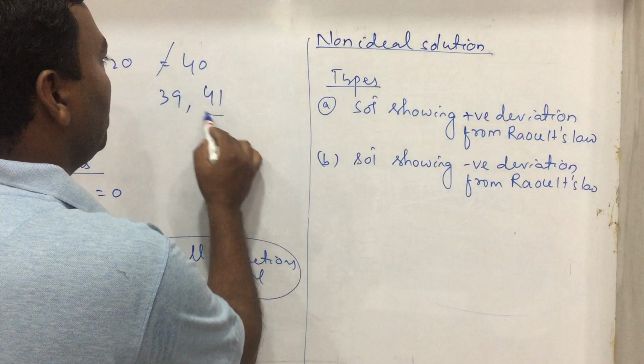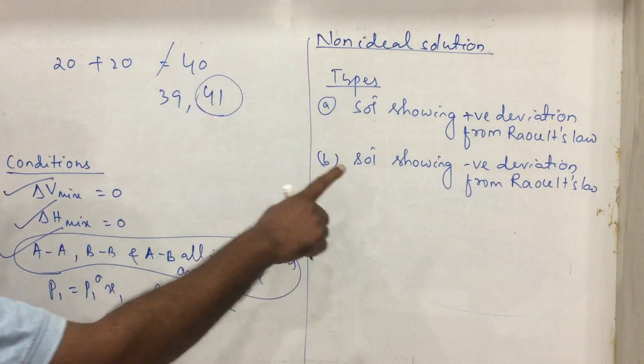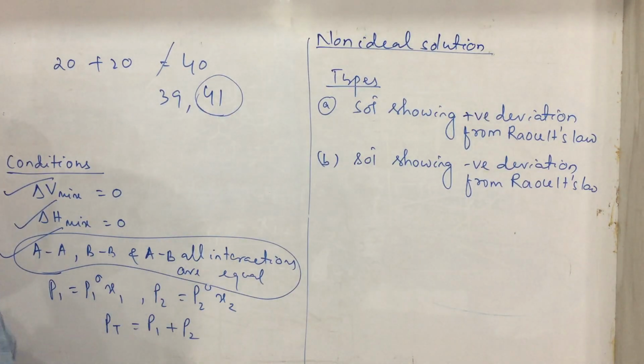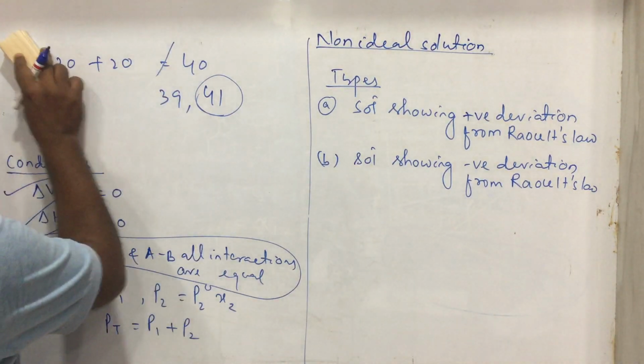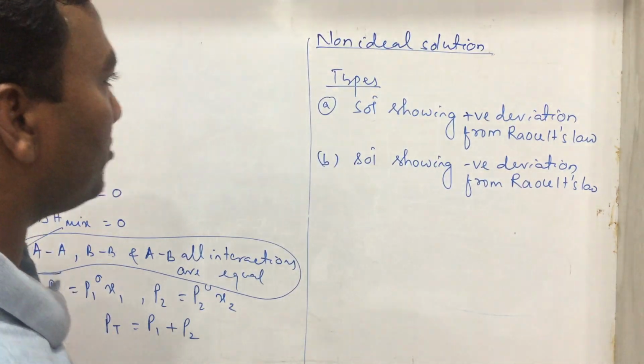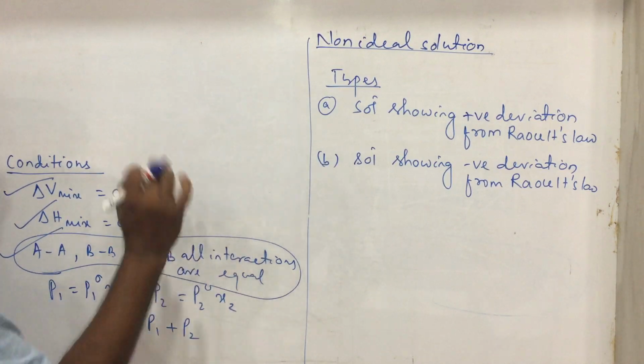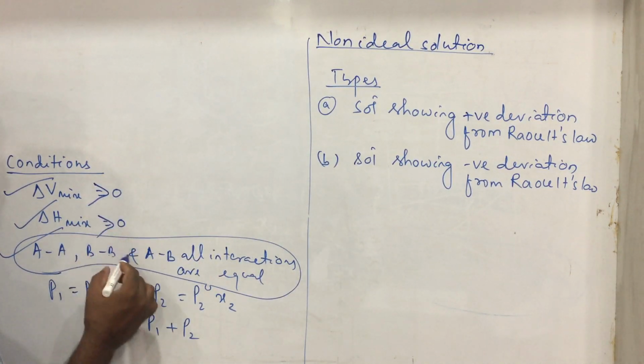Positive deviation means you see greater, all are greater. So, solution showing positive deviation from Raoult's law, let's come to detail. The first one is solution showing positive deviation of Raoult's law. You will remember the shortcut: positive deviation means all are greater,